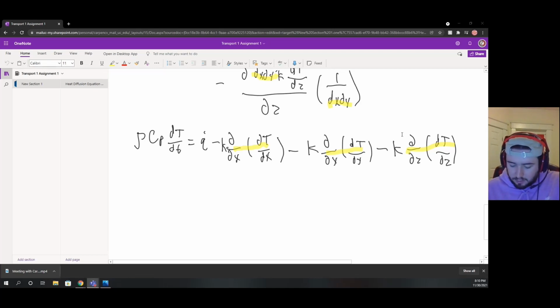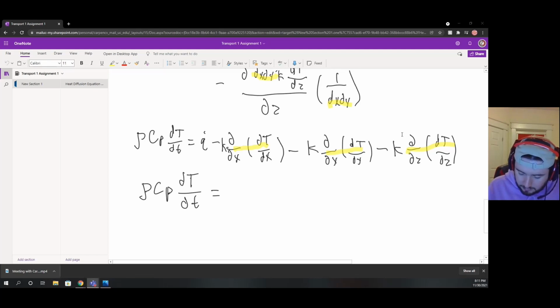And also, if we divide by our thermal conductivity, then we can do something with that. So first, let's combine our partial derivatives. So we have our density times our heat capacity times change in temperature over change in time equals